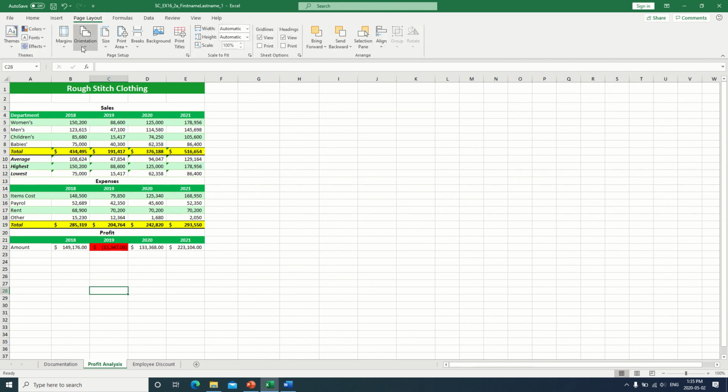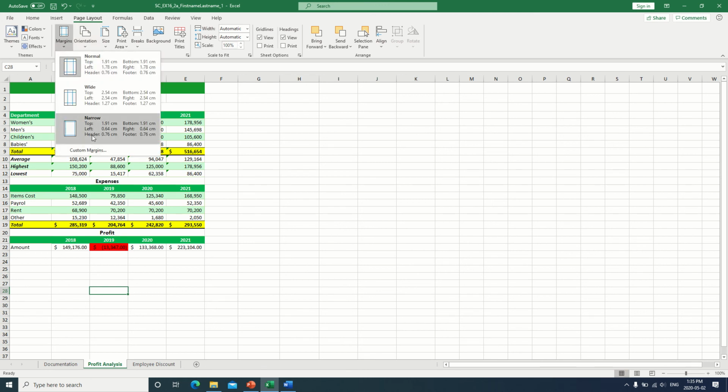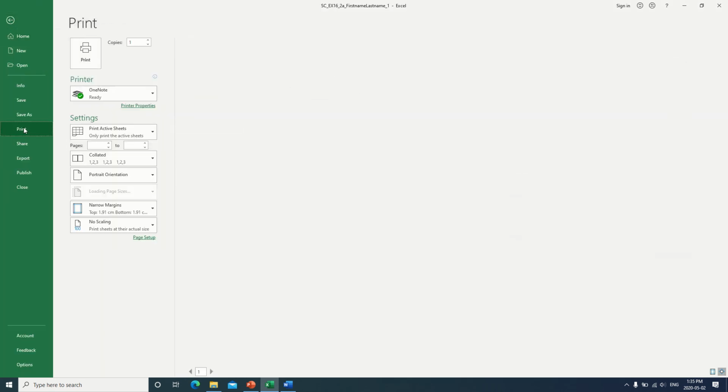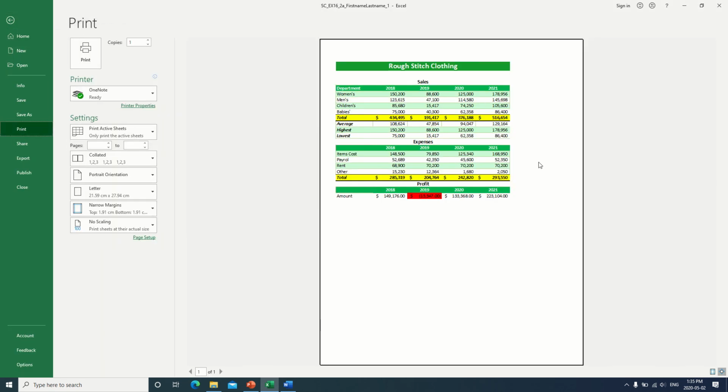So here you can change it to portrait. If you look at the orientation, it's in landscape. I can go and change it to portrait. Okay, and then the margins we're going to use is narrow. So you can see how it prints if you go to print preview here. So that's how it looks once you make those changes. Going back,